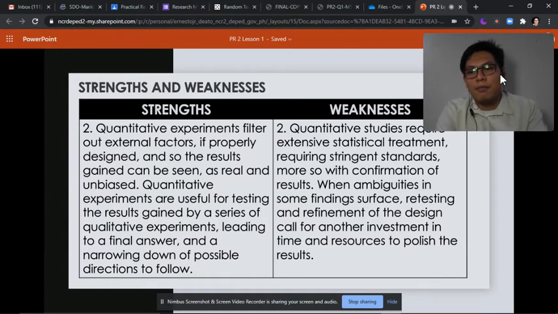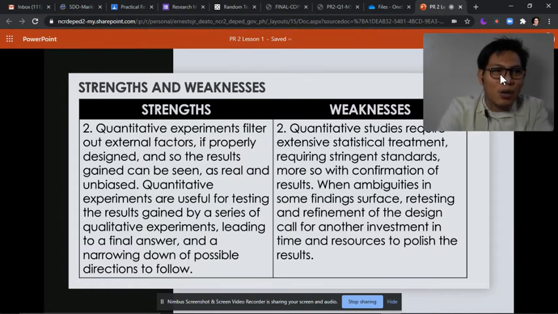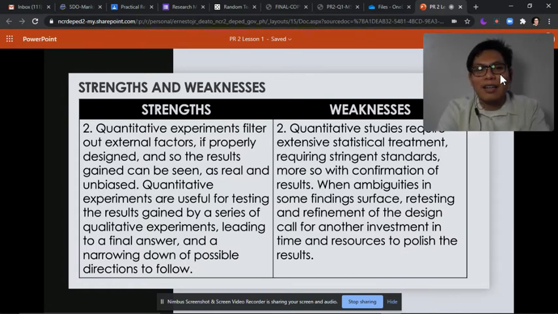So, dahil mali yung kanilang sagot and they cannot explain na dinoktor lang talaga nila yung data, the panel asked them to do everything from scratch. Talagang scrap lahat, then they need to start new research or I think they just refine the chapters 1, 2, and 3. Tapos yung chapter 4 and 5, ulit talaga lahat. So yun yung mahirap dito sa quantitative.